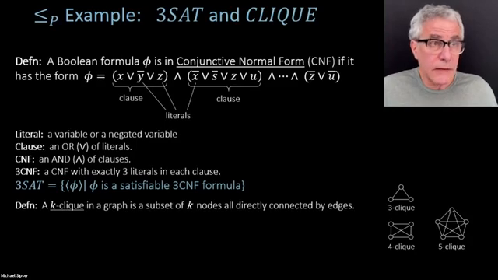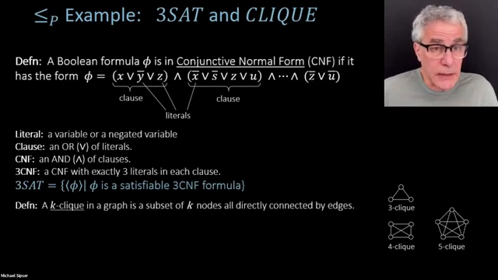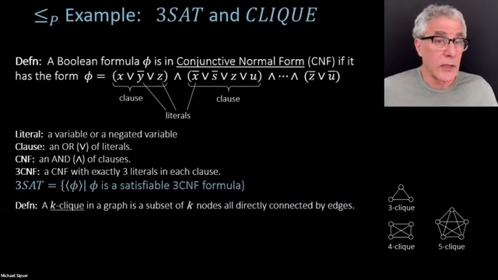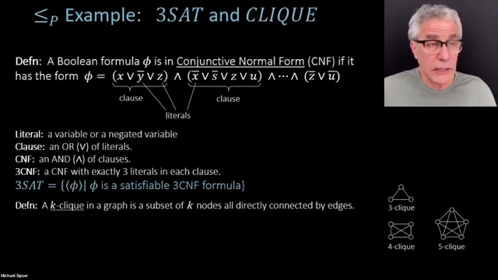So obviously, the clique problem, just as with the satisfiability problem, is a decidable problem. You can just try every possible subset of k nodes and see whether it constitutes a clique. But that's in general going to be an exponential algorithm. If k is a large value, like it might be half the size of the graph, you might be looking for a very large clique. Then you have to try many, many subsets